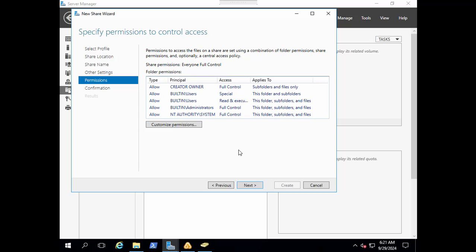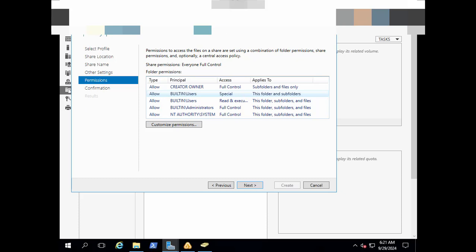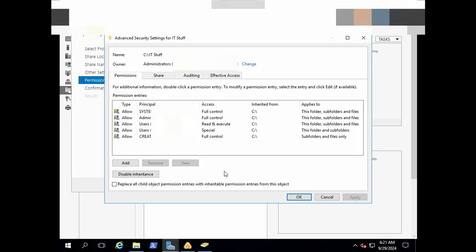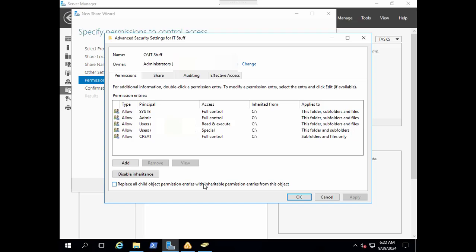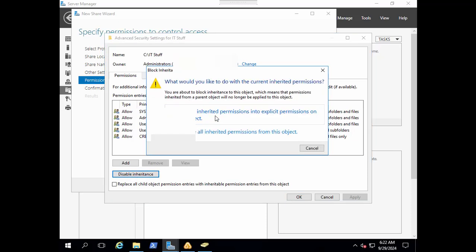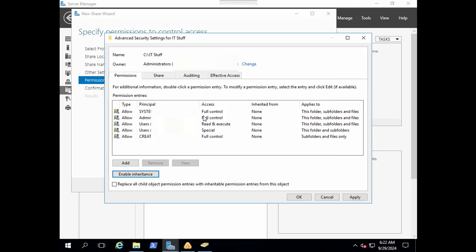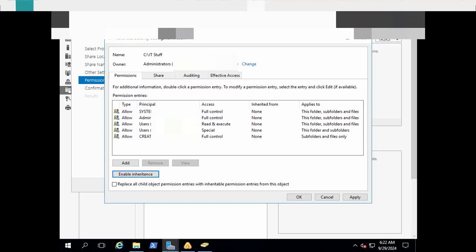By default, the share permission is set to everyone with full control. So click on customize permission to edit the default NTFS permissions. The folder will inherit the NTFS permission from the parent folder. First thing I'm going to do here is disable inheritance. In order to ensure that the desired user could access the required folder, click on Convert Inherited Permission to Explicit Permission